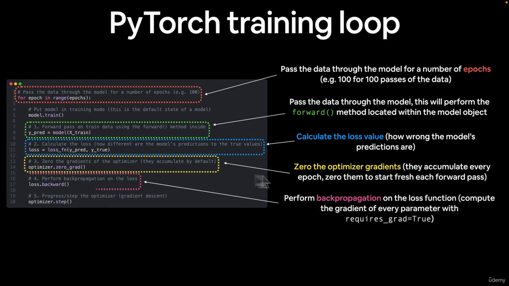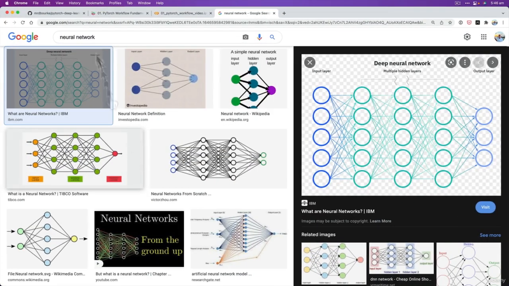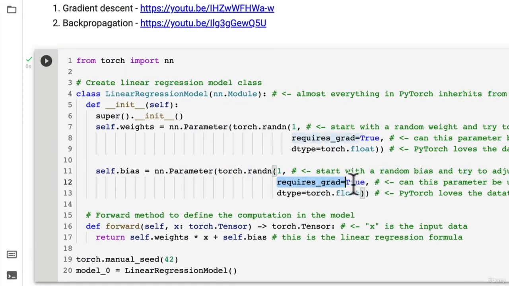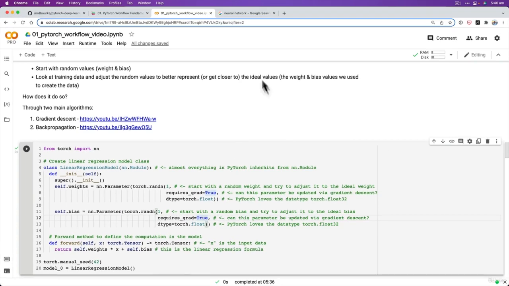Next step is to perform backpropagation on the loss function. That's what we're calling loss.backward. Now, backpropagation is where we compute the gradient of every parameter with requires_grad=True. And if you recall, we go back to our code, we've set requires_grad=True for our parameters. Now, the reason we've set requires_grad=True is not only so backpropagation can be performed on it, but